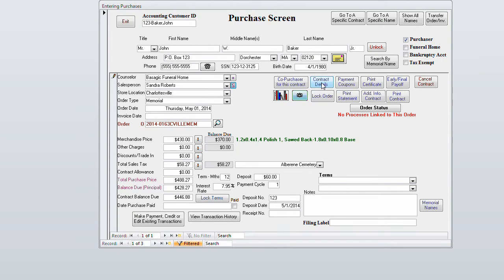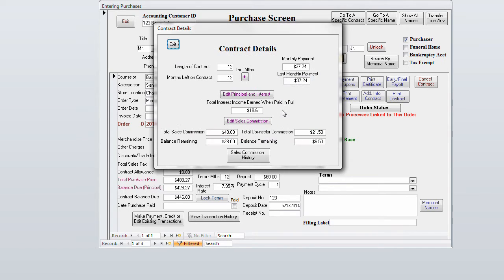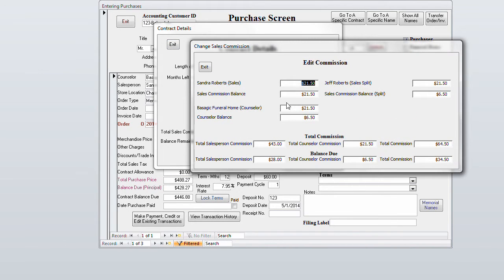So let's look at how that looks. Let's go into contract details. And I can see here's my sales commission, Sandra Roberts, $21.50. Jeff got $21.50 and the funeral home got $21.50. But notice that Sandra still has a balance of $21.50, even though the funeral home and Jeff have a balance